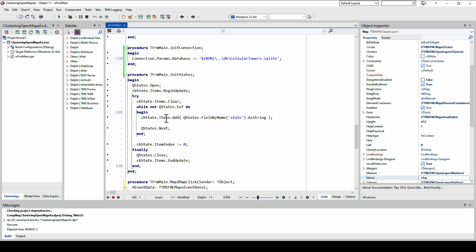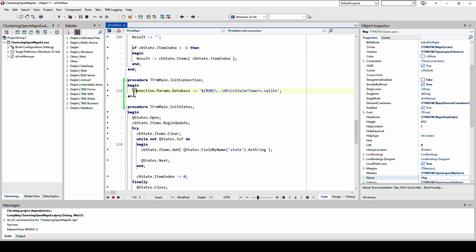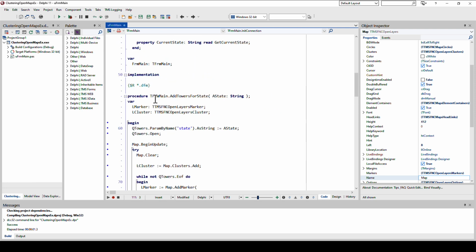If we look at the source code right here, I have a method which I call initConnection. I call it when I create my form, and I set the connection params.database, which is the database name in case of a SQLite database, not only to Cellular Towers SQLite, which is the file name. No, I have this wonderful placeholder that FireDAC comes with, $run, and that will be replaced by FireDAC with the application directory. Neat, huh? Of course, if you have one of the newer Delphi versions, you can also use IOUtils